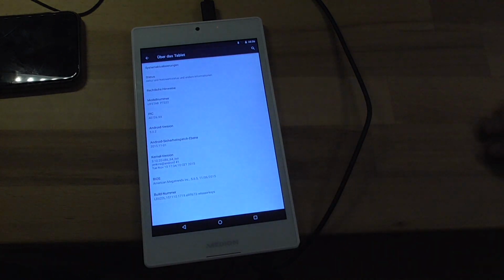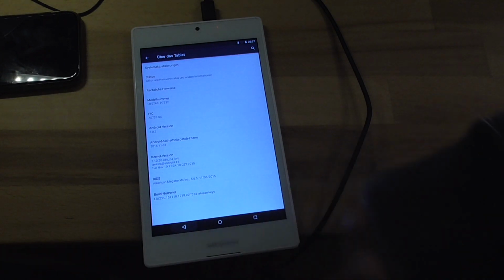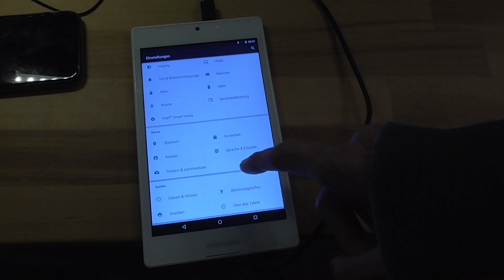It's a Life Tab P7332. It's running Android 5.0, which I didn't expect. I expected a way older version. And what's so cool is it's got an American Megatrends BIOS, so basically like a PC. This is pretty fun. When you go back here, let's go to